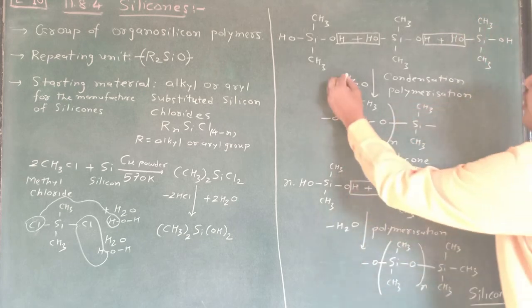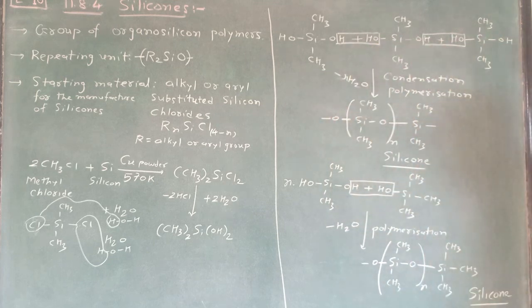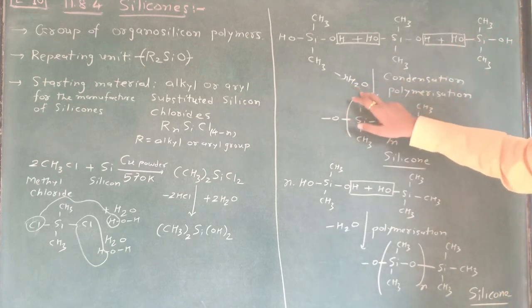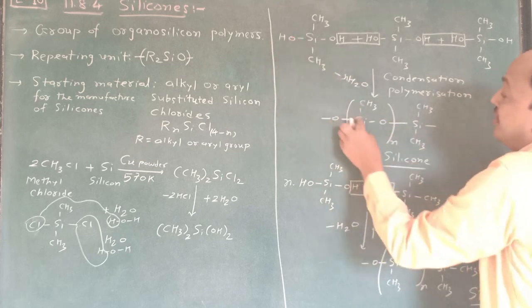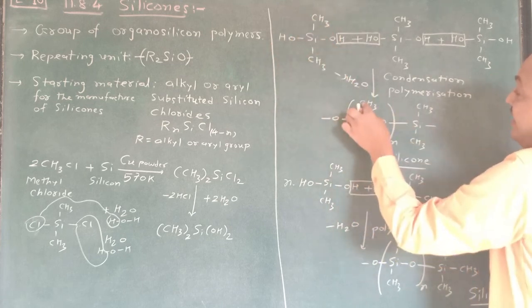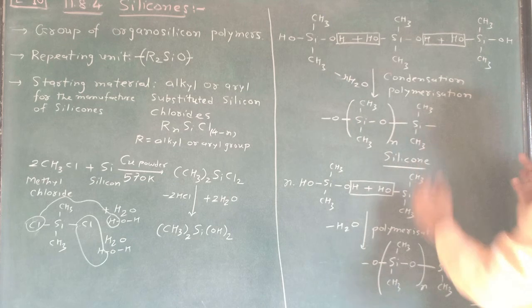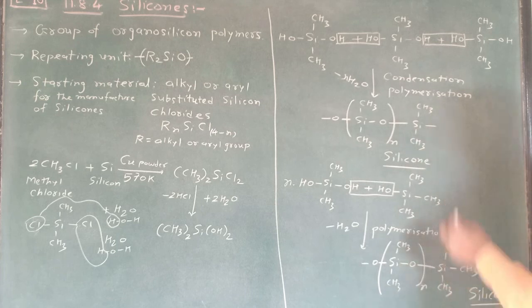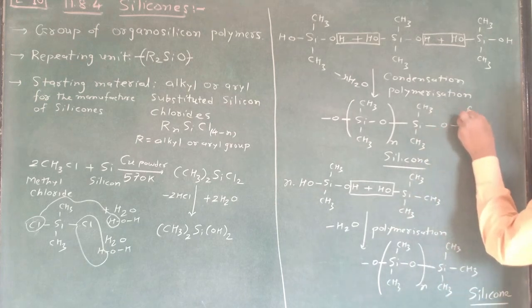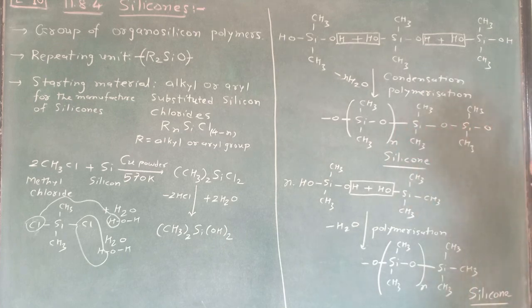So here a number of water molecules are removed. Remember, a number of molecules, because here 1, 2, 3, 4, 5, 6, 7 and so on. A number of water molecules are removed, and that's why just this hydrogen is removed. That's why oxygen, silicon, silicon, CH3, CH3, and this O. So a number of molecules are removed, and that's why you have to write here n. Si, CH3, Si, here CH3. Once again here O, here Si, CH3, CH3. Once again O. So here a number of molecules are there, and that's why this chain does not stop.